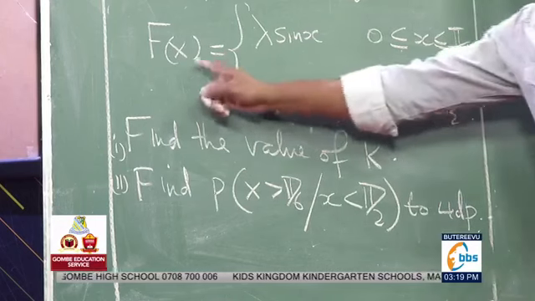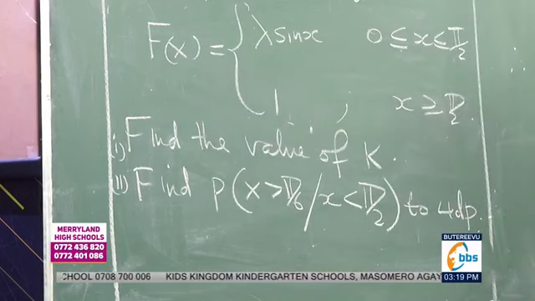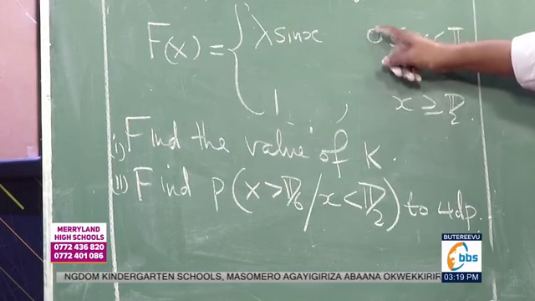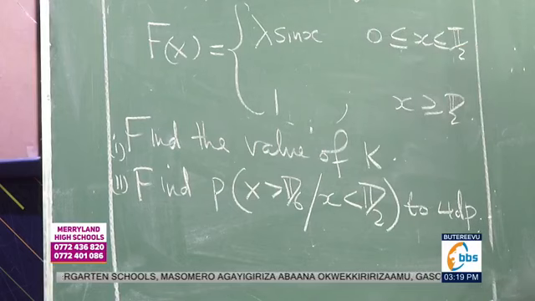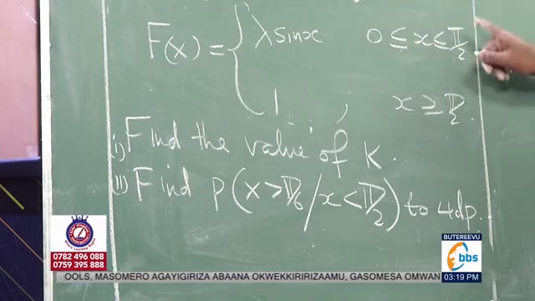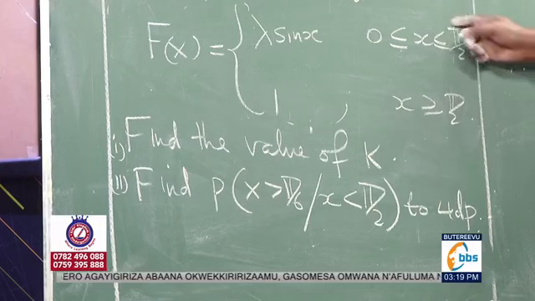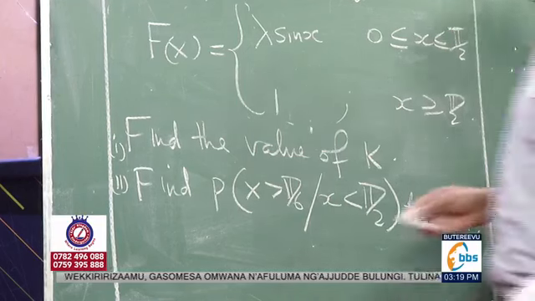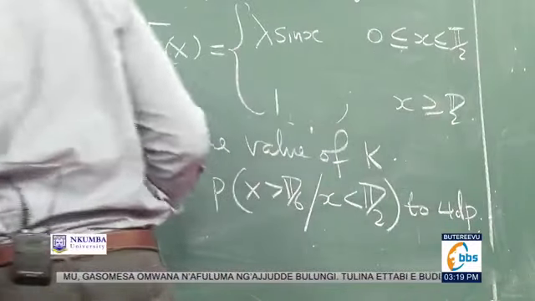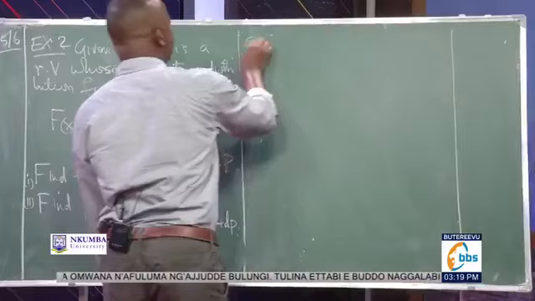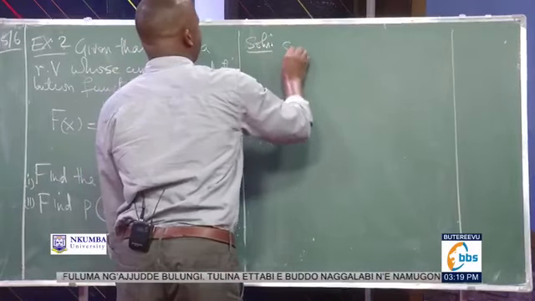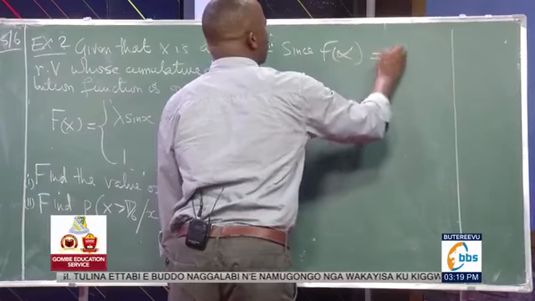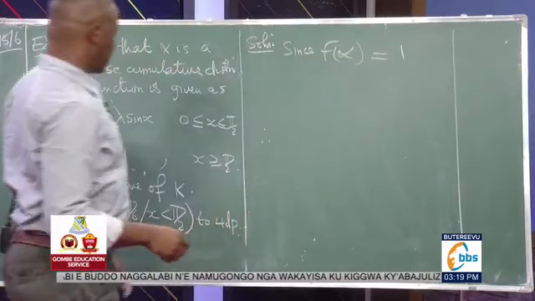Remember, when we are looking for the cumulative function f of x, the first step is we feed in a value that x is less than the lower limit. And the last step is that f of the upper limit should be able to give you 1, which we call f of infinity. So if we consider the solution, we shall say that since f of infinity is equal to 1, then f of infinity